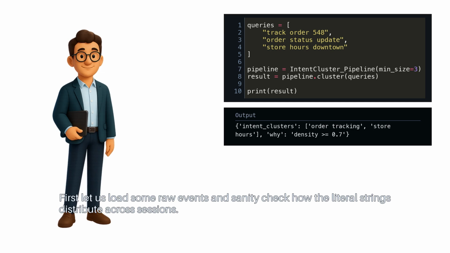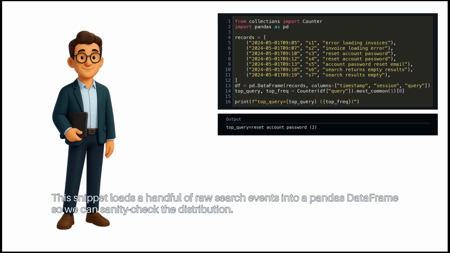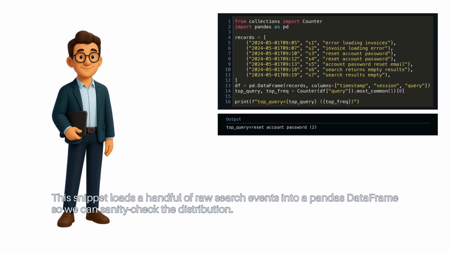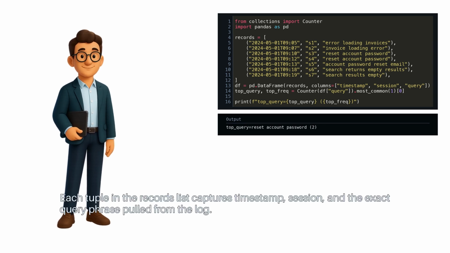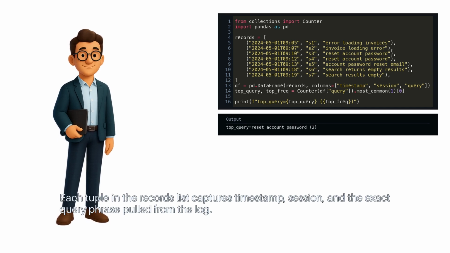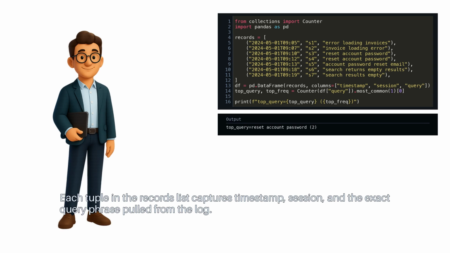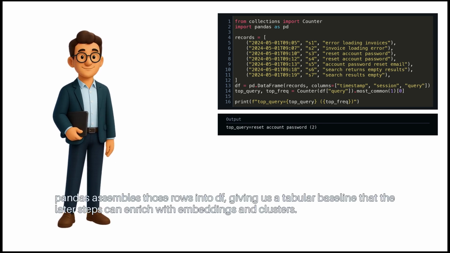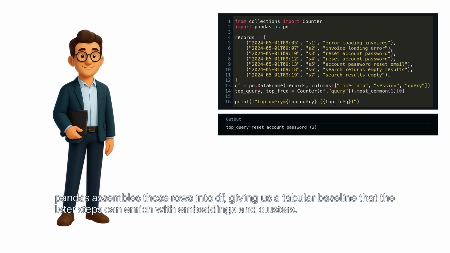First, let us load some raw events and sanity check how the literal strings distribute across sessions. This snippet loads a handful of raw search events into a pandas data frame, so we can sanity check the distribution. Each tuple in the records list captures timestamp, session, and the exact query phrase pulled from the log. Pandas assembles those rows into df, giving us a tabular baseline that the later steps can enrich with embeddings and